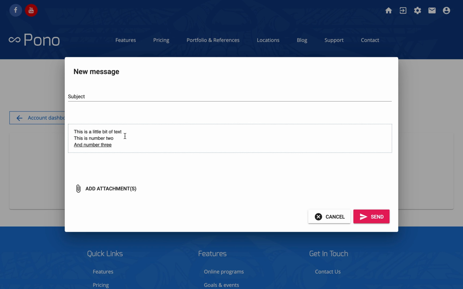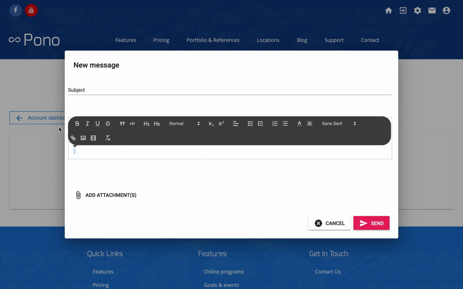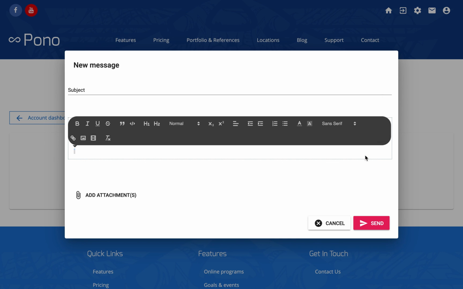And the final two options, I'm not going to highlight some text. I'm actually just going to add a couple of empty lines, and then I'm going to add a space. And then I'm just going to highlight that space to show what these last two are. We have the option here if we want to add in an image directly in this rich text box. Click on it, choose any image from your computer. Let's choose this one, and it will